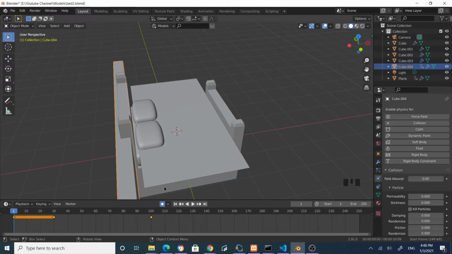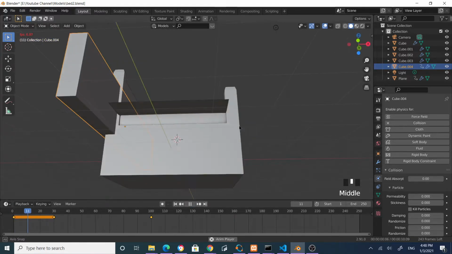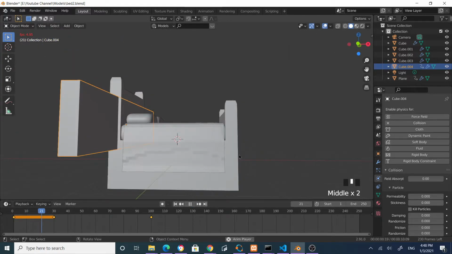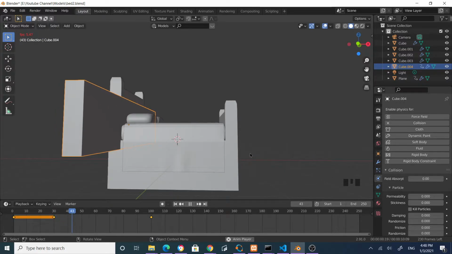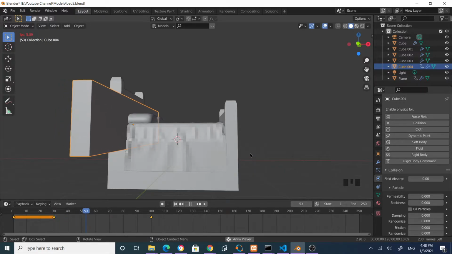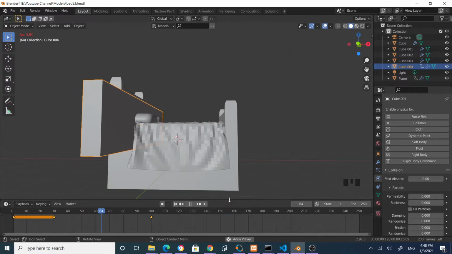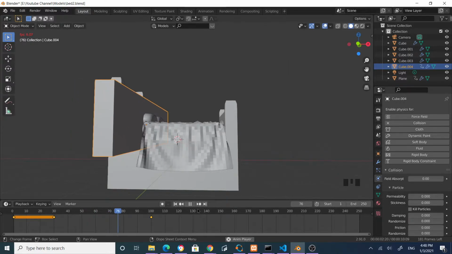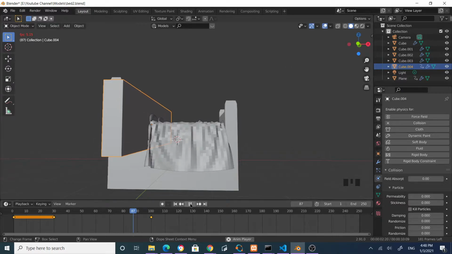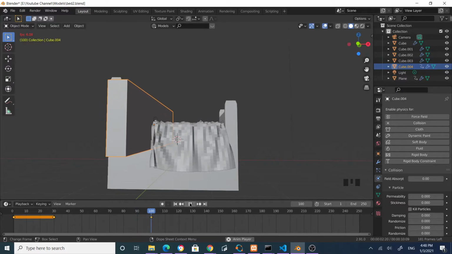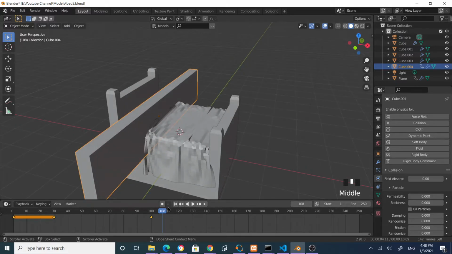Now let's see how it works. All right, it works. Okay, stop at this point, and now